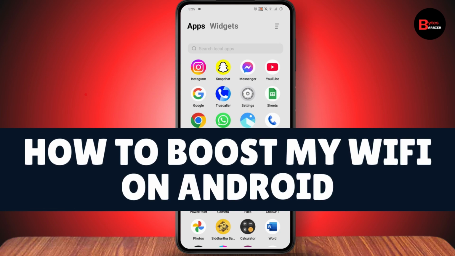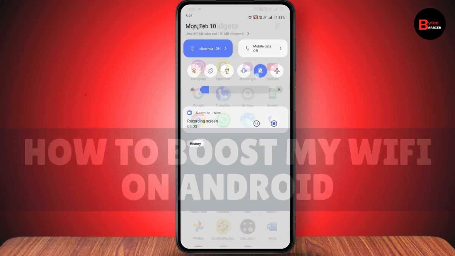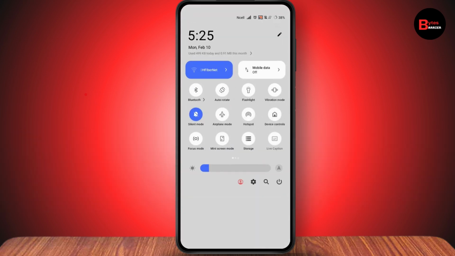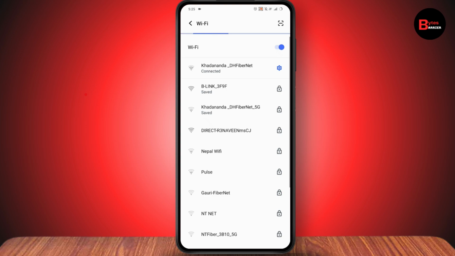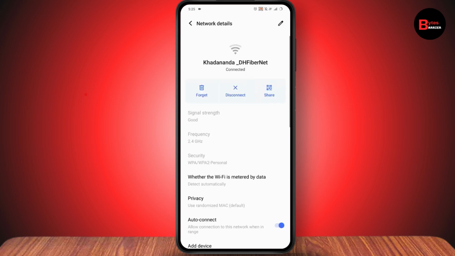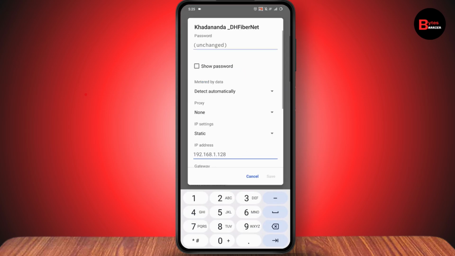How to boost my Wi-Fi on Android. So if you want to boost your Wi-Fi on your Android, then you just need to simply go with your Wi-Fi, go with more Wi-Fi settings, and here you need to go with settings, which is on the right side, and here you need to go with the pencil shaped icon, which is on the top right, and you need to go with advanced options and go with the IP setting, go with static, and then enter your IP address,